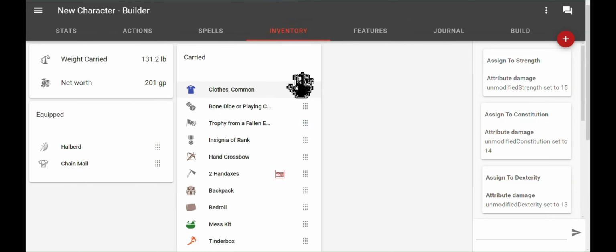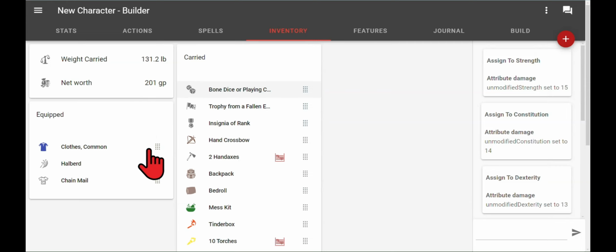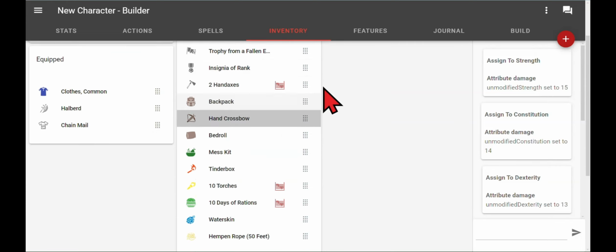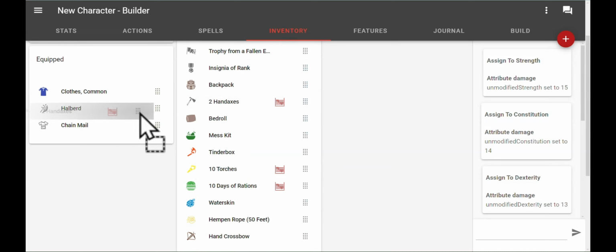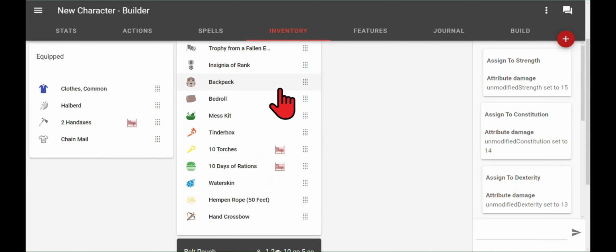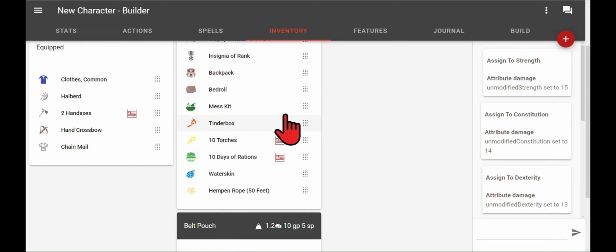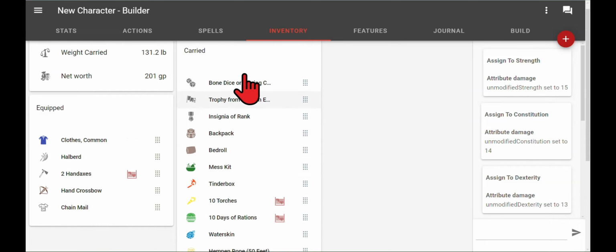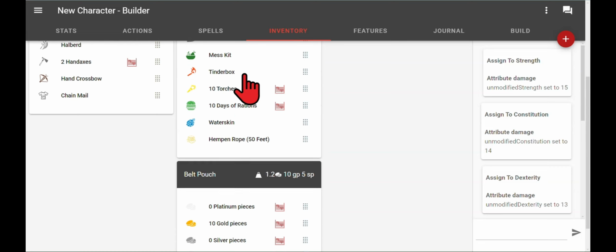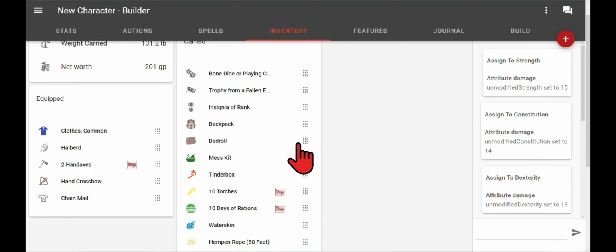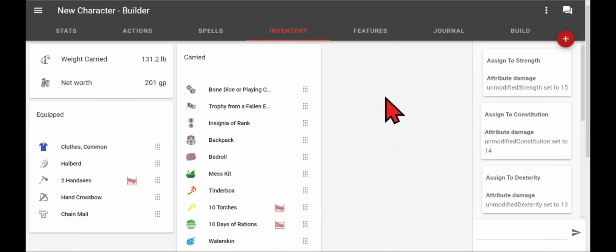I'm going to have my clothes, my hand crossbow, my hand axes. Oh, I didn't check the crossbow was in there. There we go. Okay. Nothing else. Okay. Here's your belt pouch, 10 gold pieces. Here, if you want to create a new backpack, new item, or new container, you can create a new container. So if you want your backpack to be its own container,